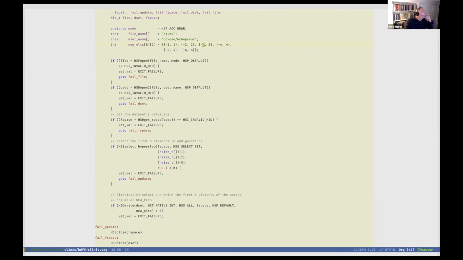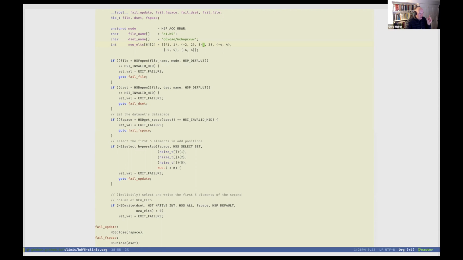Now, coming back here, what I said is the pattern that I have selected in file space will be mirrored or shadowed onto whatever the shape of this is. That means two things. Number one, we need at least 5 elements, but that's not sufficient because, as I said, the HDF5 library will follow the same pattern.